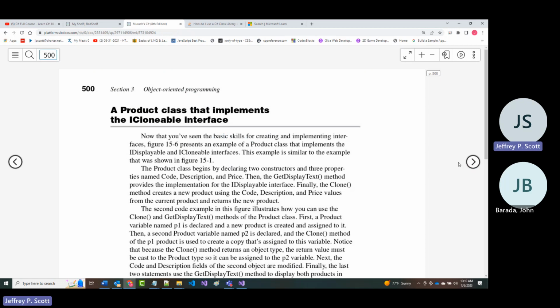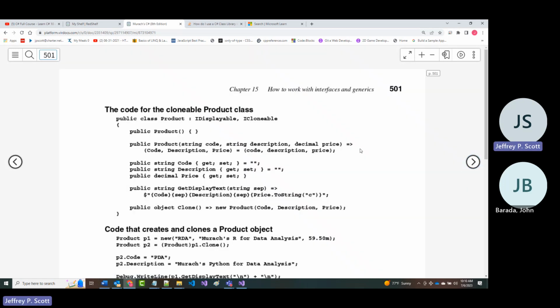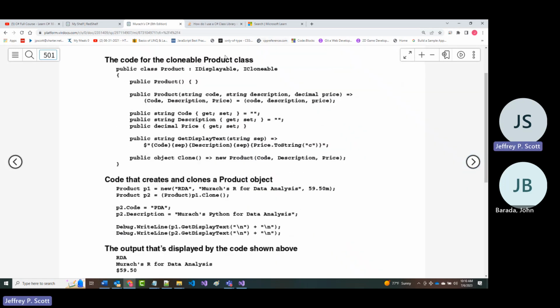All right. Now they've got this product class that, as it says, implements the IClonable interface. It says this example is similar to the example that was shown earlier in the chapter. So let's look at what we have. Well, we've got this product. Now notice, rather than inheriting from a class, we are inheriting from two different interfaces.